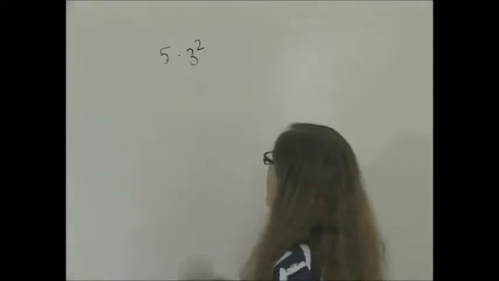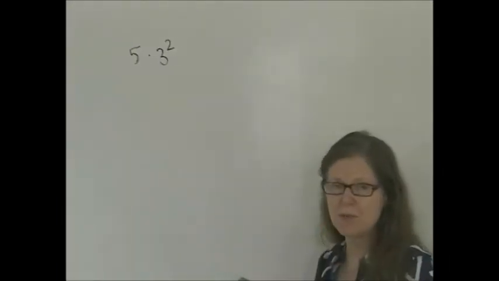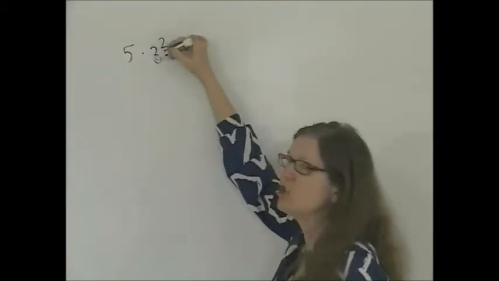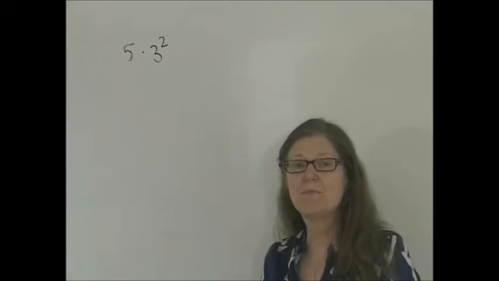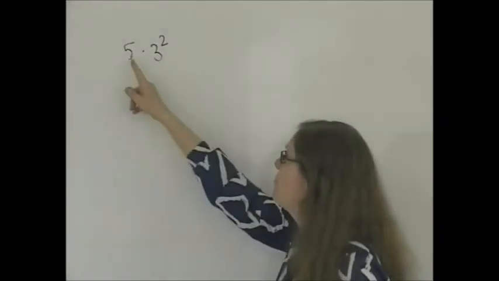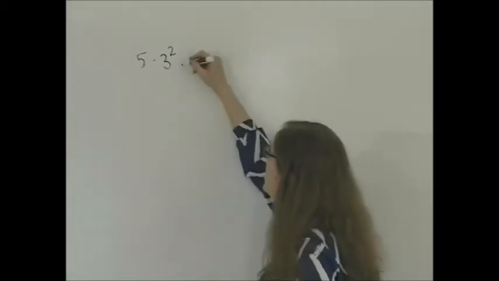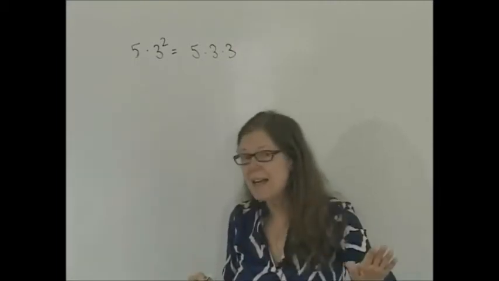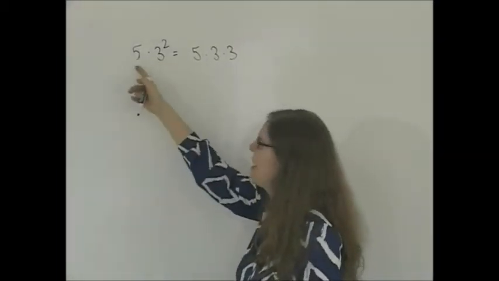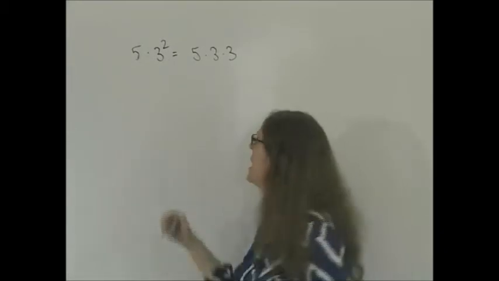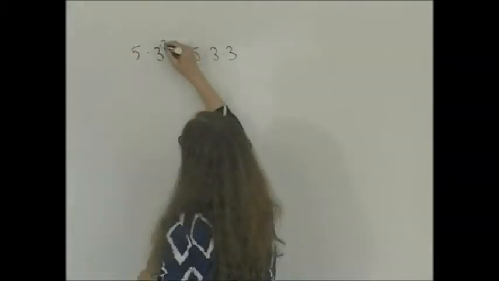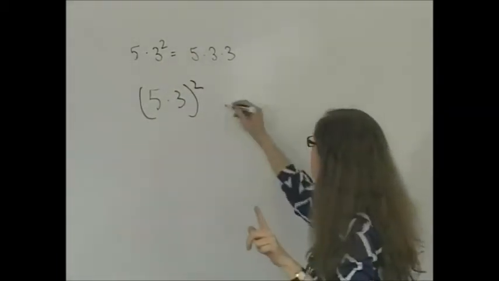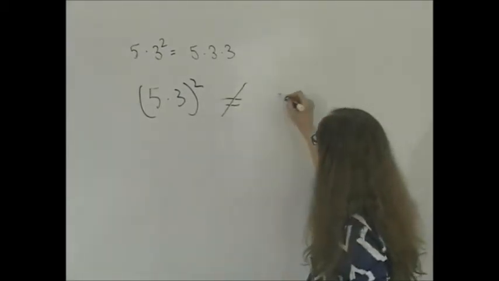So we've got 5 times 3 squared, 3 times 3. Now I want you to notice that the exponent is referring just to the number next to it. It does not refer to the 5. So this is equal to 5 times 3 times 3. It is not equal to 5 times 3 times 5 times 3. If you see the difference, this is not the same, that means is not equal to this,